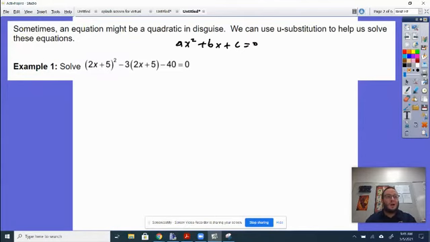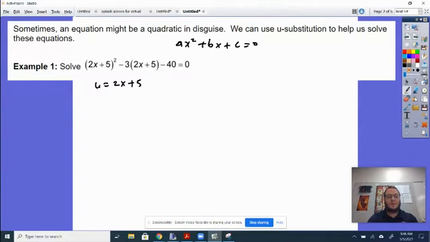But that's a lot of work. There's a lot more involved in that process. So what we're going to do is what we call U-substitution. Now U-substitution says basically I'm going to take a piece of this and say, instead of it being that piece, let's let it be U for just a little bit. So the piece I want to choose is the piece that's going to make it look like a quadratic equation. So in this case, what I want U to be is